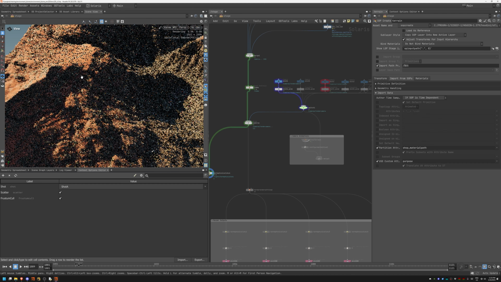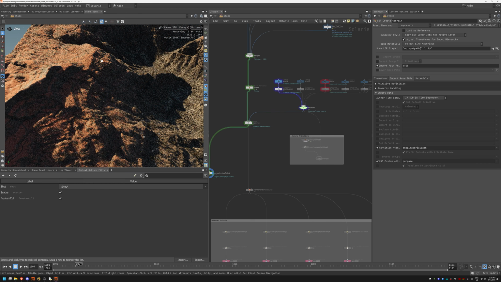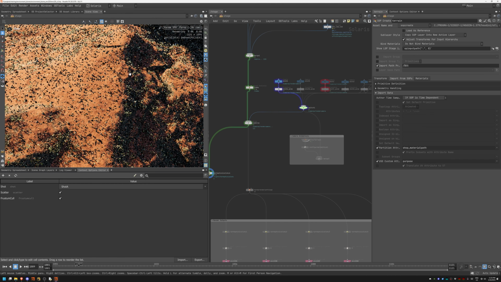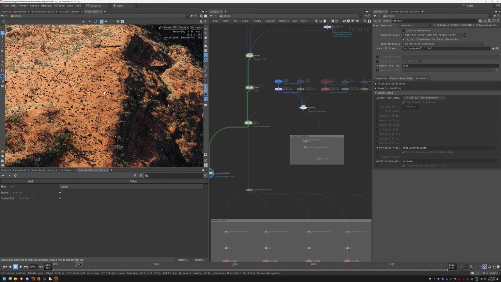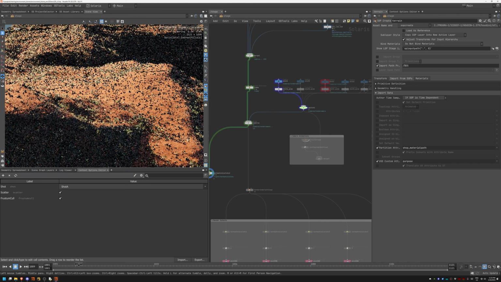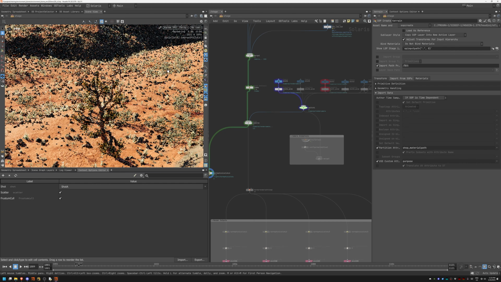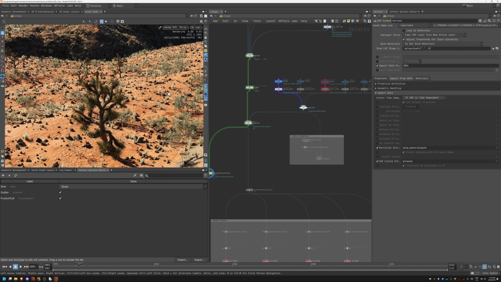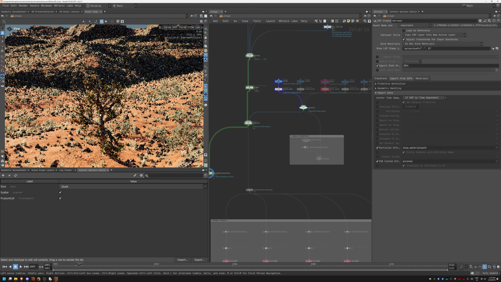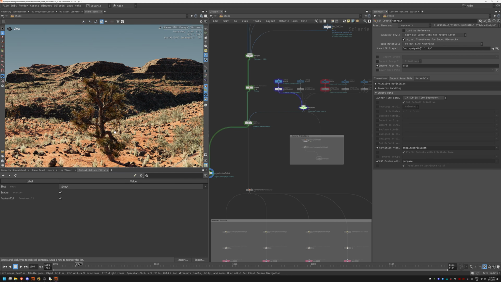And things I didn't actually show in the final render because we were not framed that way. I have some cacti at the top here, some really detailed trees and such. Let's zoom in here. You can see how detailed everything is. And that's the beauty of proxies, right? Or instances, we've got these super detailed trees. And then with all the grass, you can render from so many angles and it will still